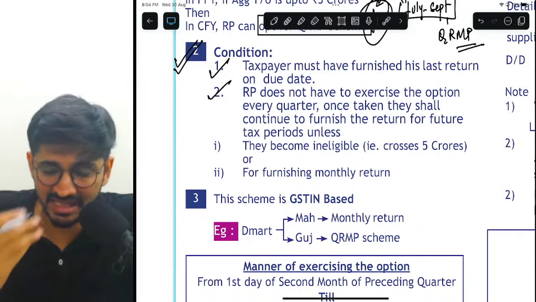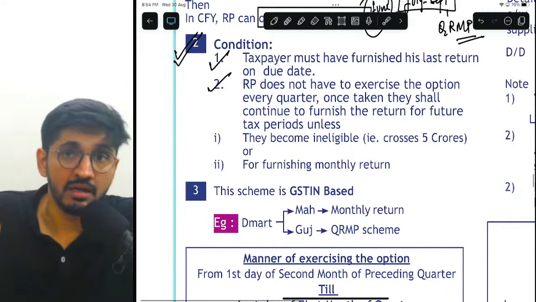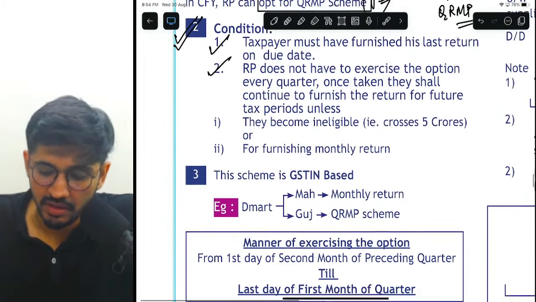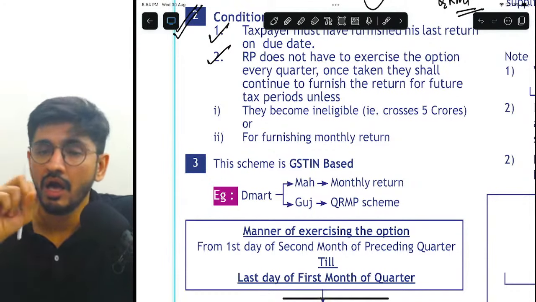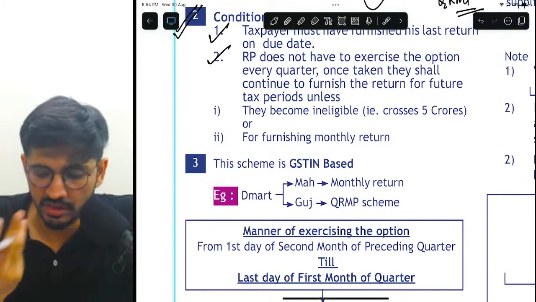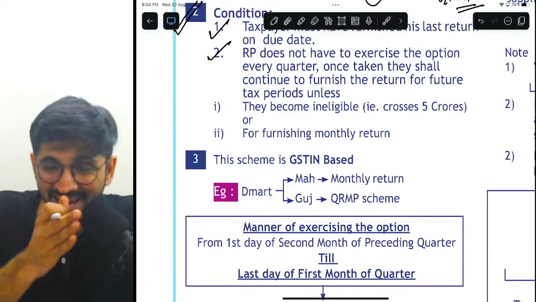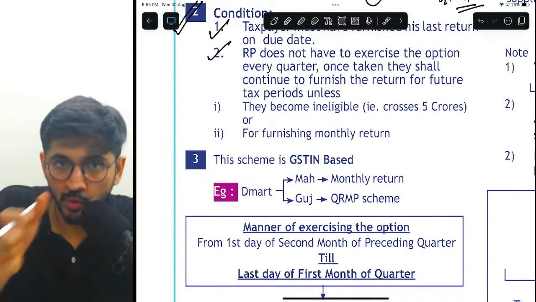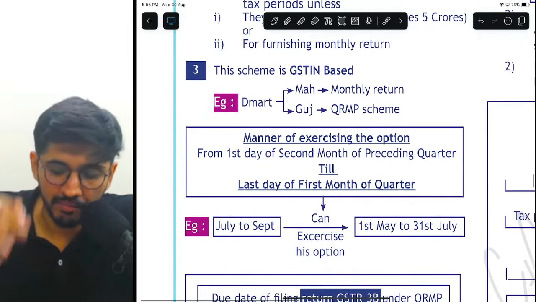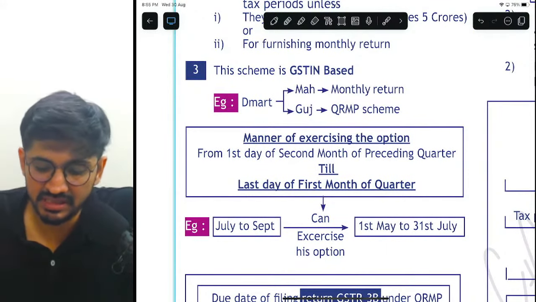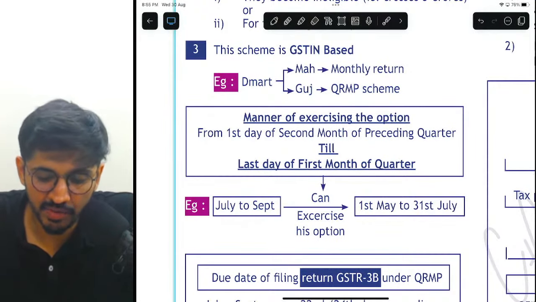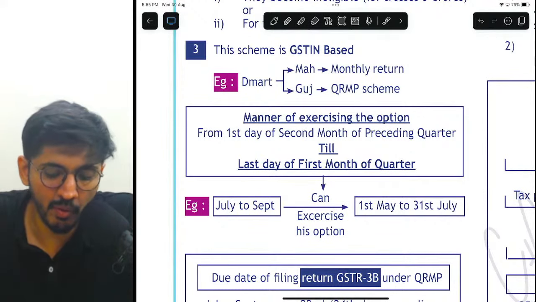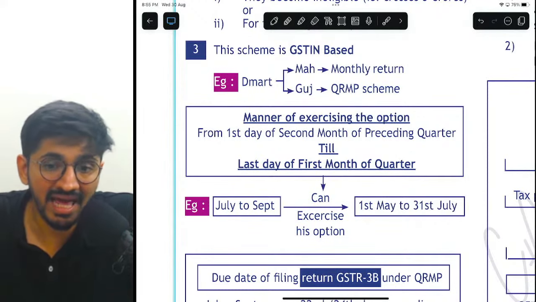So if your aggregate turnover exceeds 5 crores, you will have to shift from QRMP back to MRMP. It's very simple to understand. Now, this system is GSTIN based. Understand, when I say it's GSTIN based, it's very important for you to understand that, unlike